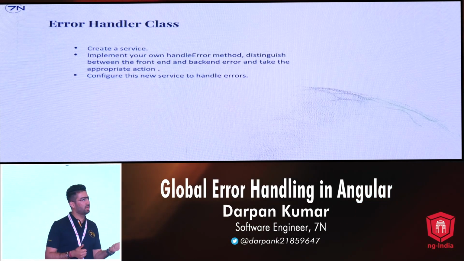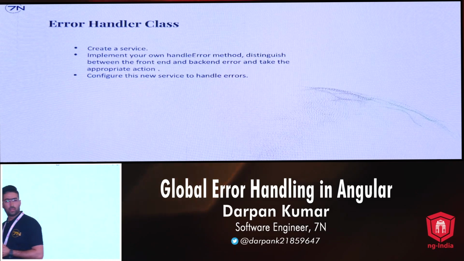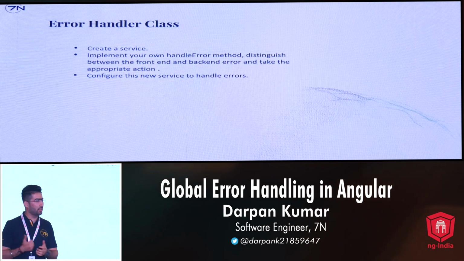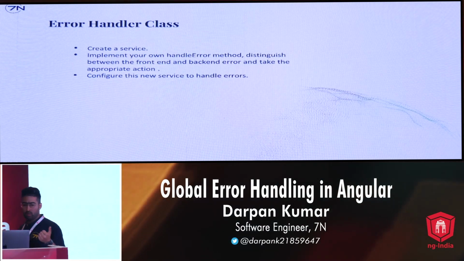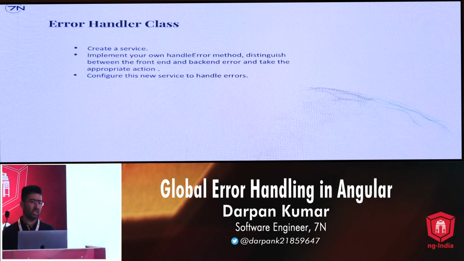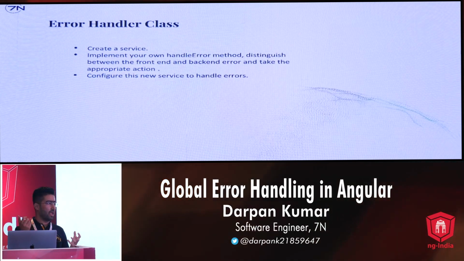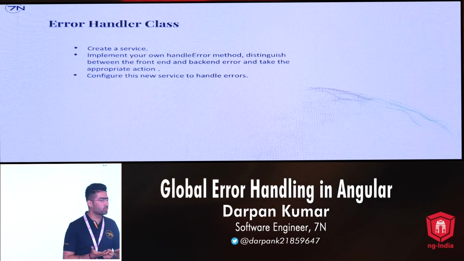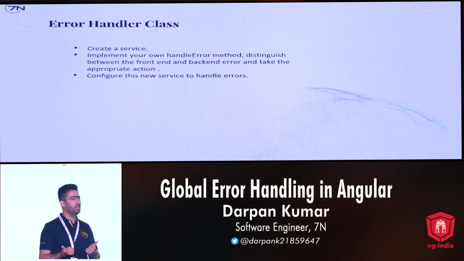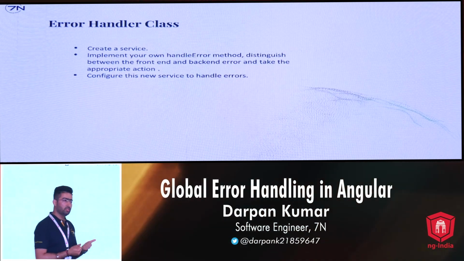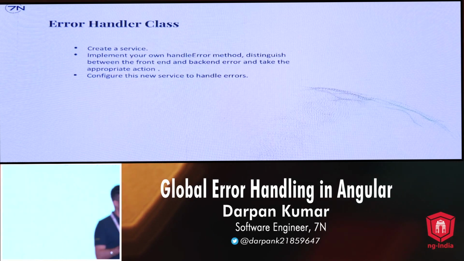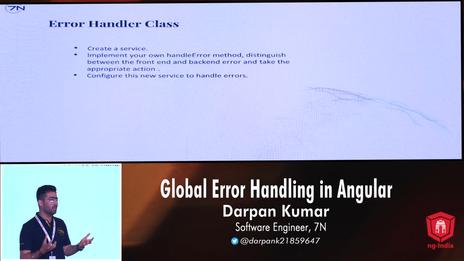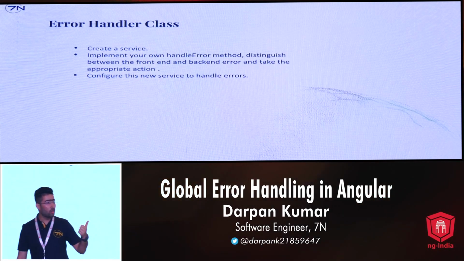Is there any other way via which we can handle the errors? Yes, there is. If we want to directly deal with the HTTP request, the server side, then we have an HTTP interceptor. We can make use of it. Whenever there is an error in my application, I can get that error and check the status code. Let's say my backend API is returning 401, which means my token is expired. What I can do is try to get a new token, and request again with the new token so that I can get my result.